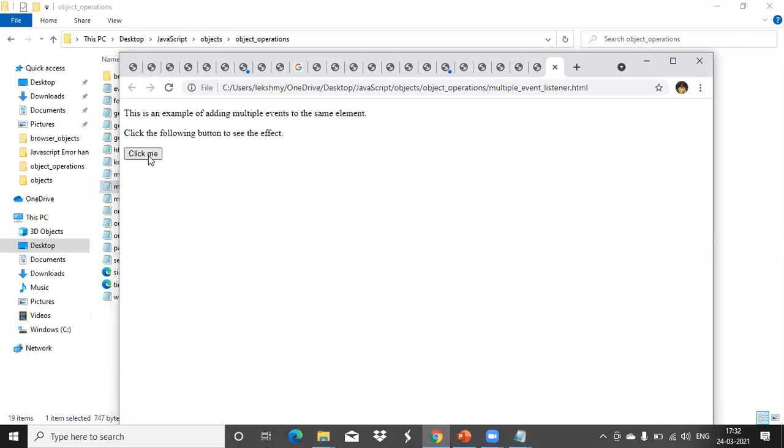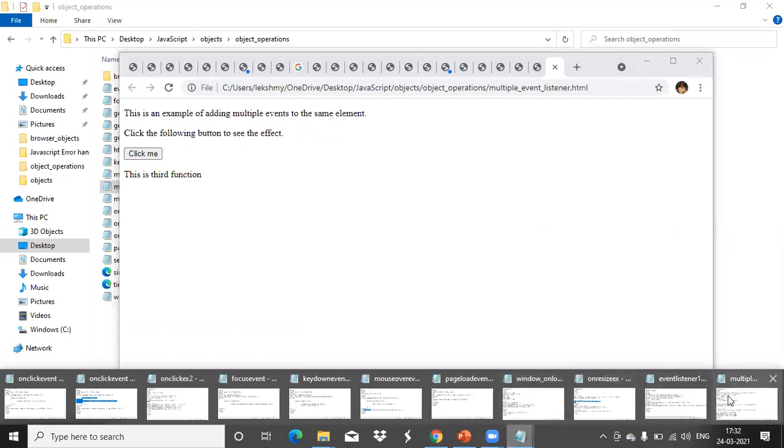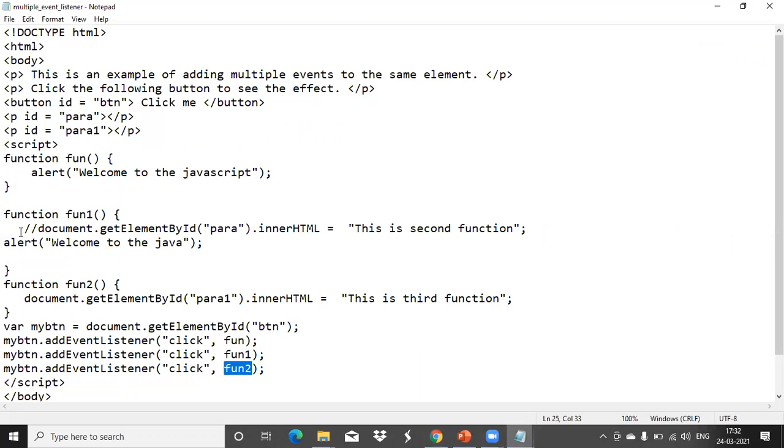Like this. When I click on this one, first function is working. Click OK. See, now the second function also working. Welcome to Java. Now the third function it is printing. The first two functions here I have given alert messages only.